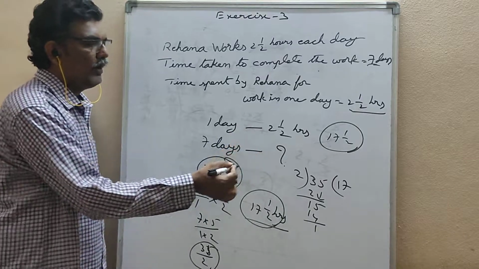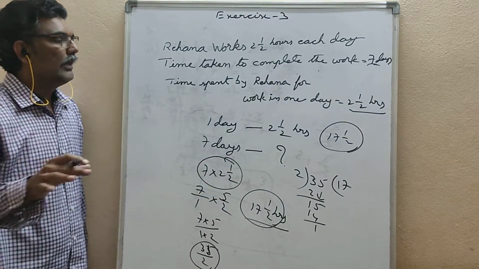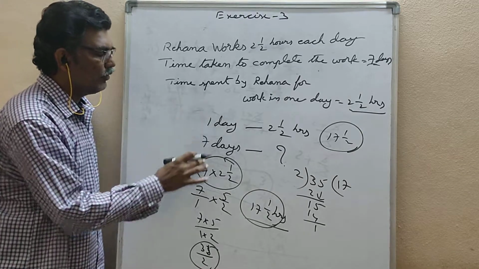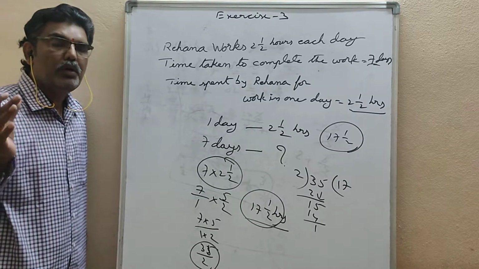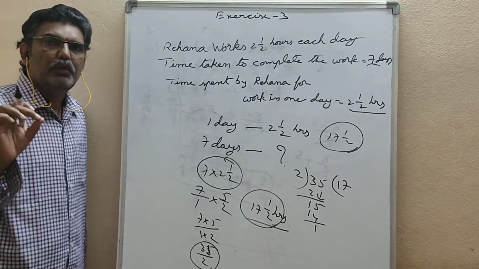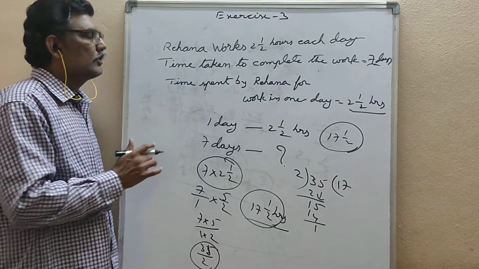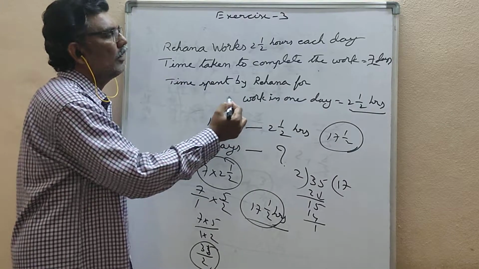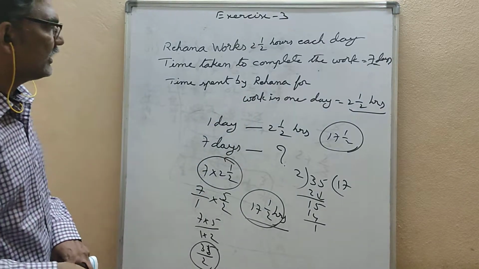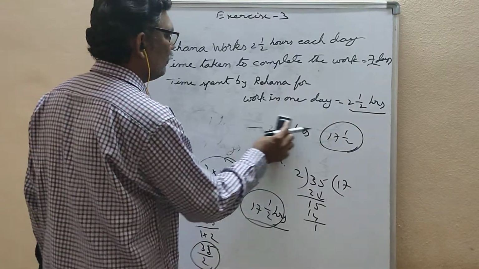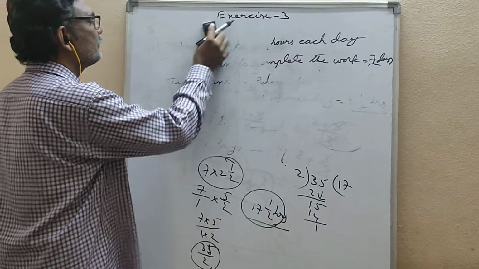If I count 2.5 hours like that also you get 17.5, but you should not count. In your fair notes you have to do multiplication. So it is called verbal sum. So by reading a question, you have to do the problem like this. Maximum writing, in this writing also you will get so many mistakes. So try to write without mistakes. Okay. Next we will go for the next problem.